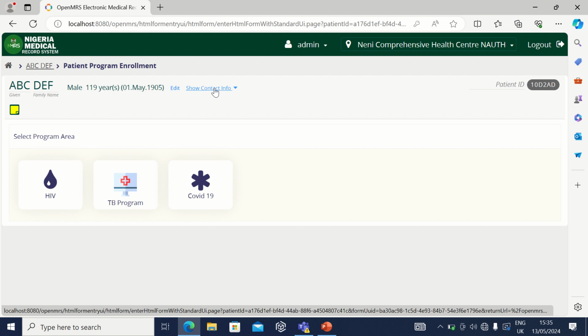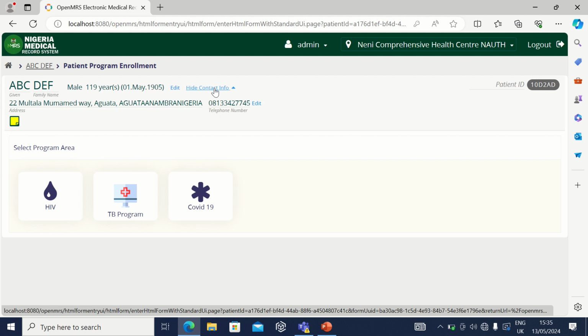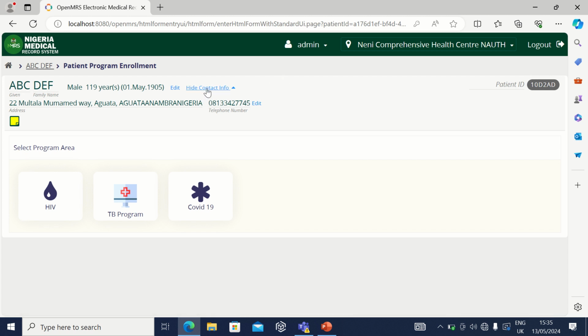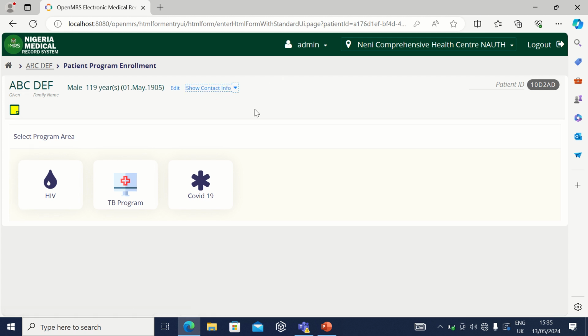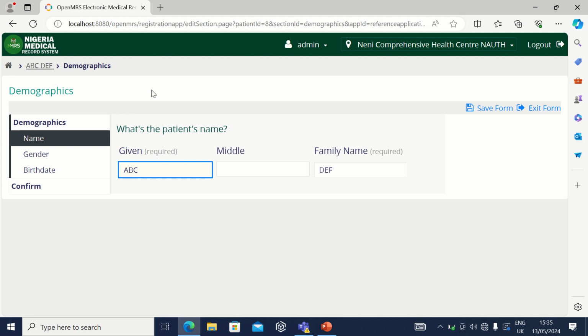Also, you may want to take a second look at the client's information, or perhaps a client comes up subsequently and has updated demographics, and you want to update. You could click on show contact information, and make a little editing from there. Also, you could click on this edit, and make those updates where applicable as well. All right, so that being said,